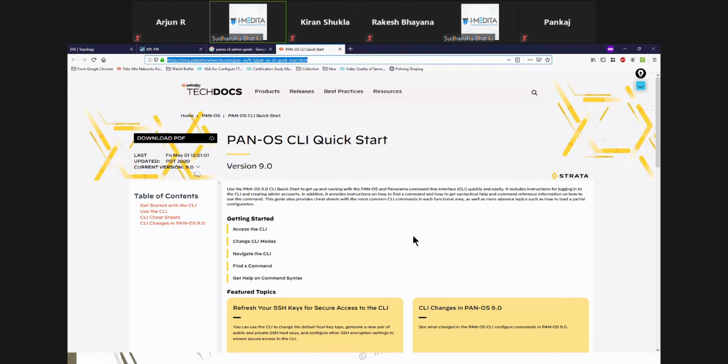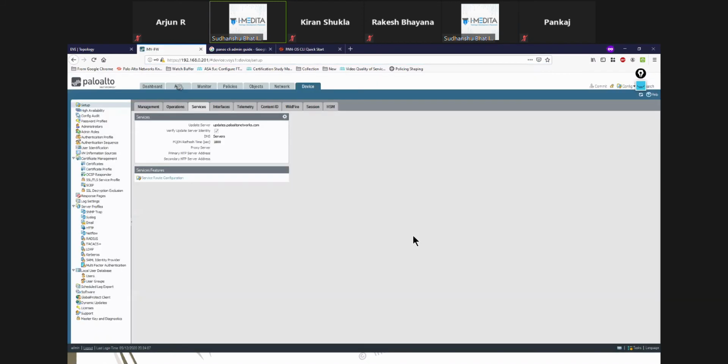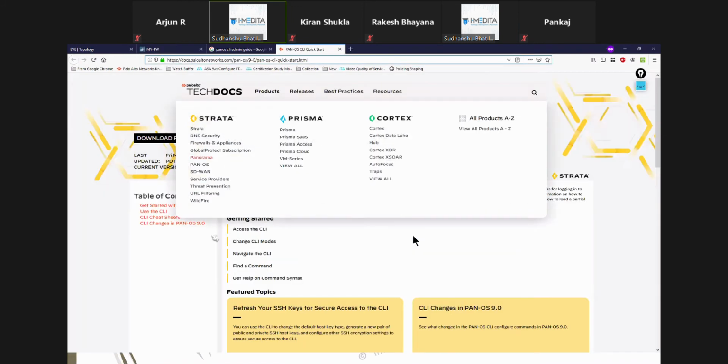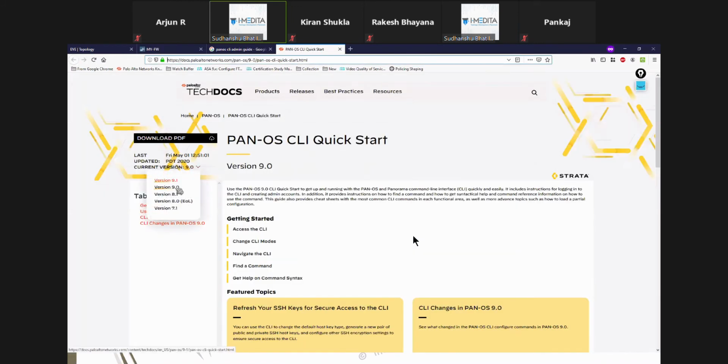If you have to select a version somewhere, don't select the old versions, because 8.0 is end of life. 8.1 is not yet end of life, which we are utilizing, but gradually they are going to go on to 9 and 9.1. So preferably read the documentation of 9 if you are reading. I'll just share this in chat.